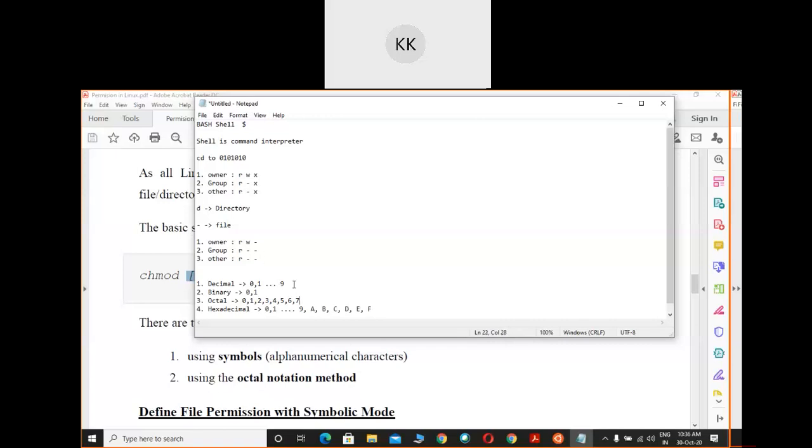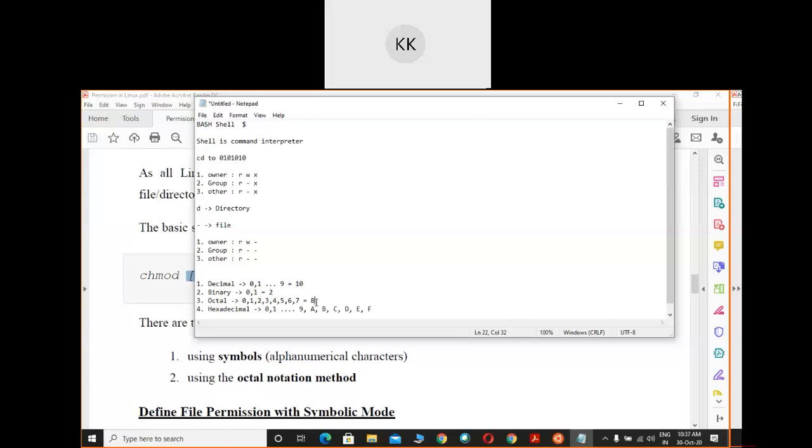So here all together you will find 10 different numbers. That's why it's called decimal. Here you will find two different numbers. That's why it's called binary. And here you will find 8 numbers. That's why octal.